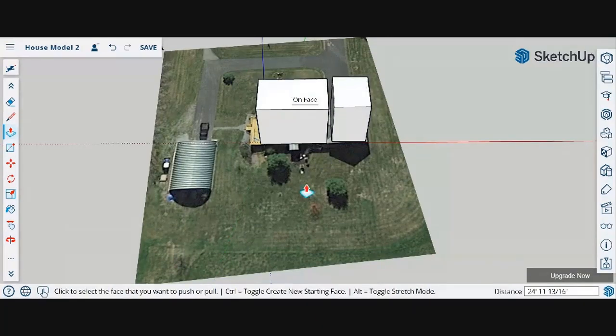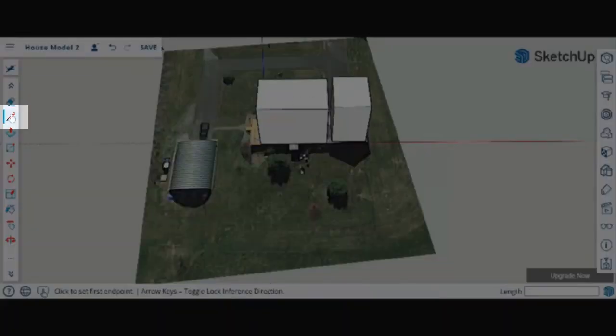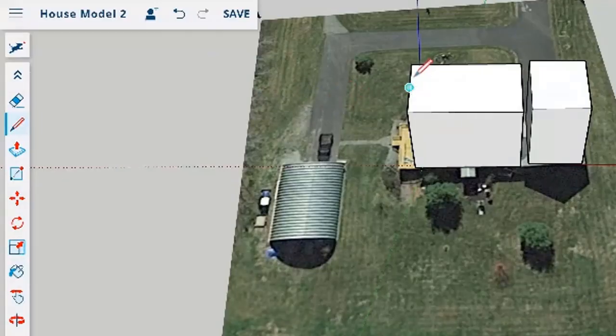Now, to make a roof, I can draw a pencil midpoint. So you see, it wants to snap to the grid. It wants to snap to where the line is. So if I'm going across the front fascia here, you'll see it turns a different color. It goes from